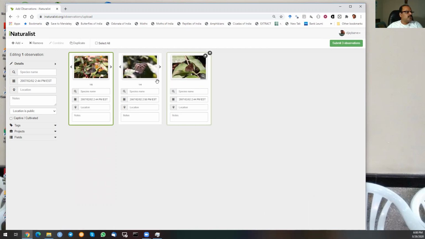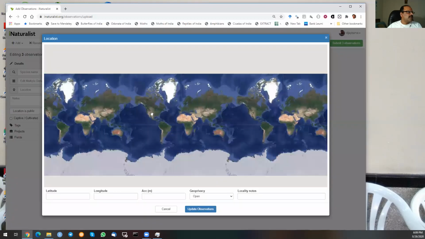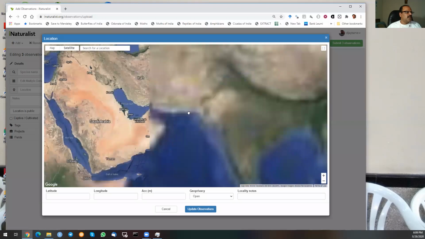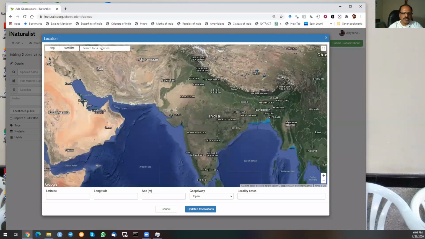Now going to the location and geocoding. I'm just going to select all of these because they were all taken in the same location. I'm going to click on the location tab. It gives me this map. I can either scroll to a particular location, use different keys, or I can also search for a location. So I know these images were taken in FRLHT